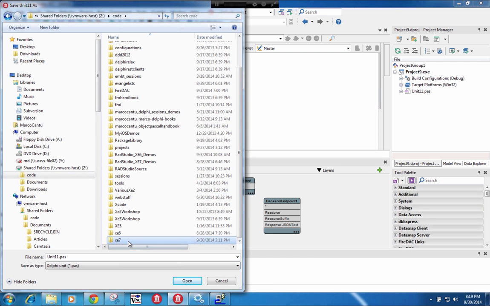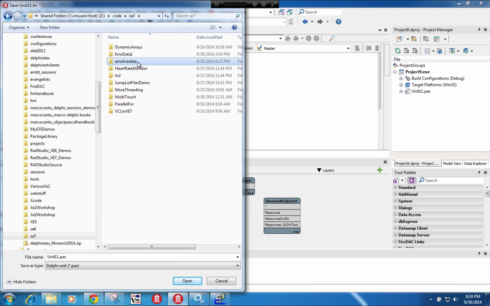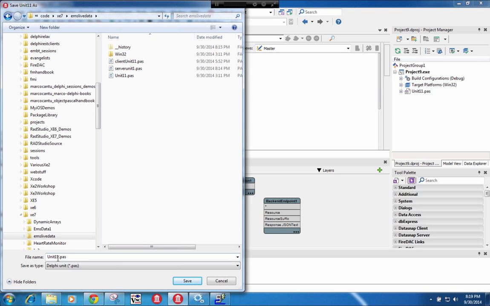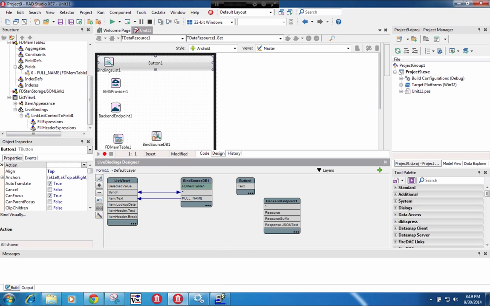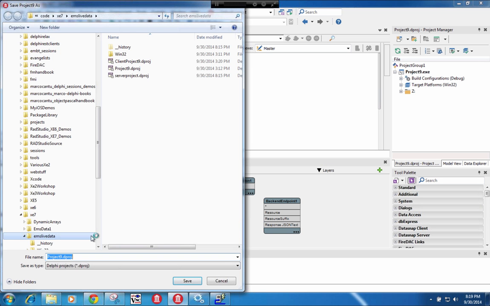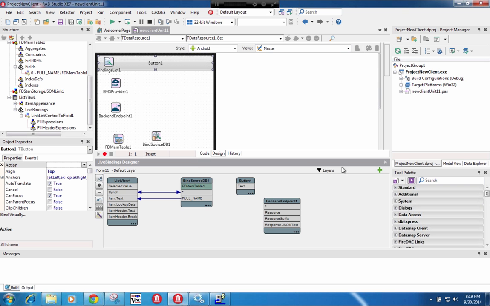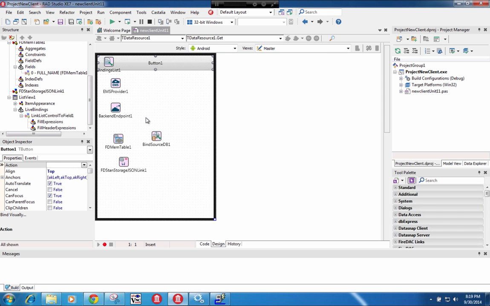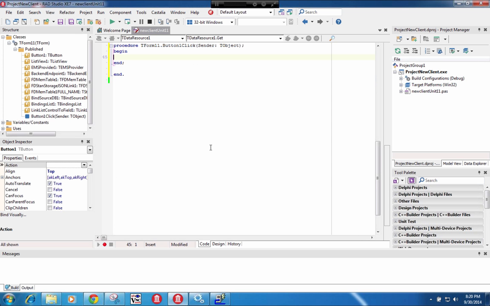Again, code XE7 and EMS live data, and this is the new client unit. And as I'm at it, okay, project, new client. Okay, so let's close this one down, and now we have to actually write the code that does basically the opposite of what we've done on the